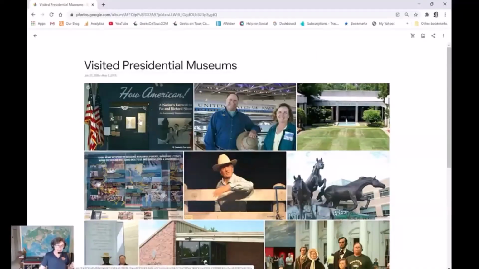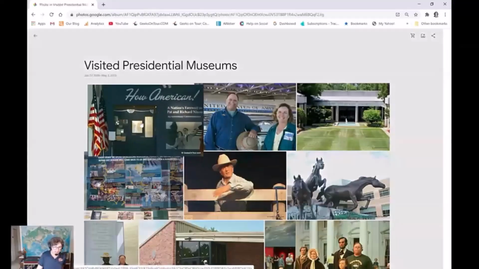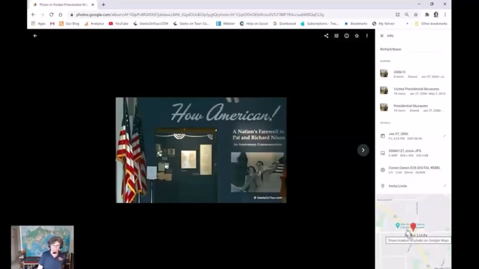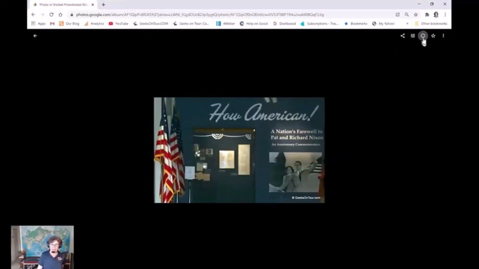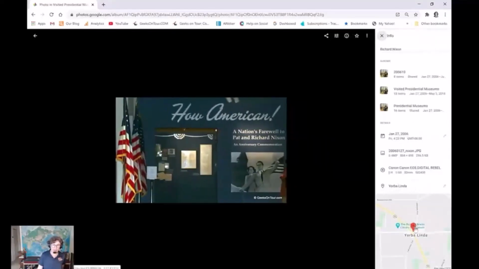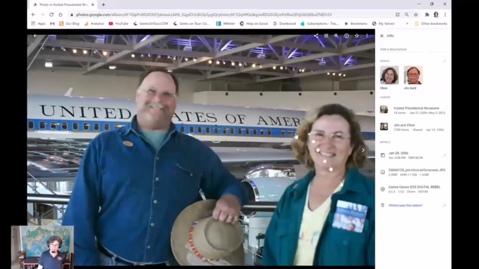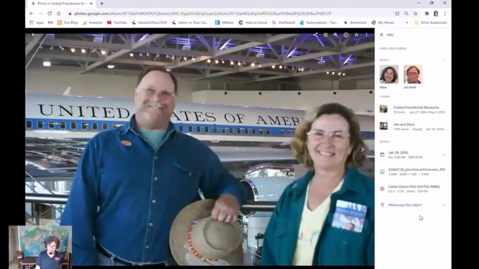Now, each one needs to be geotagged. You need to have the location information. And how you see that is with this little i. If I click it on, an information panel opens up to the right, and we see the map of where this was taken. I look at the next picture. This one doesn't have a map, but notice that it has a prompt, where was this taken. I can click there